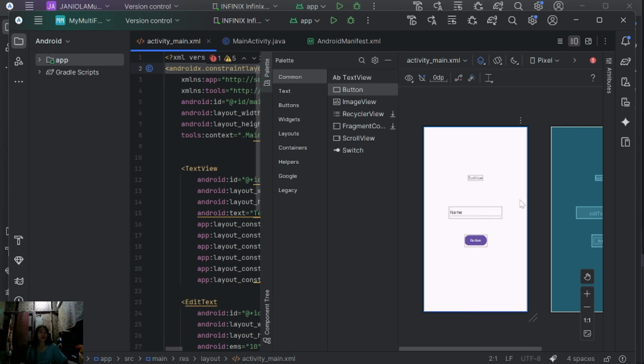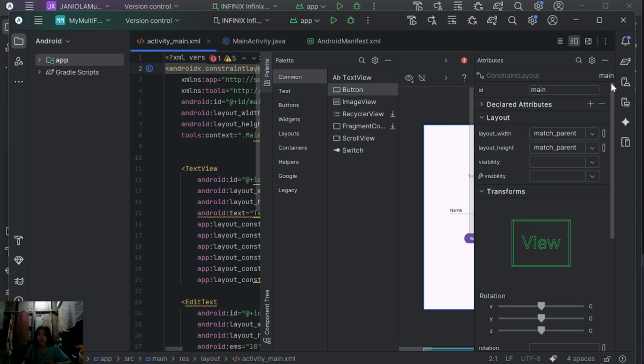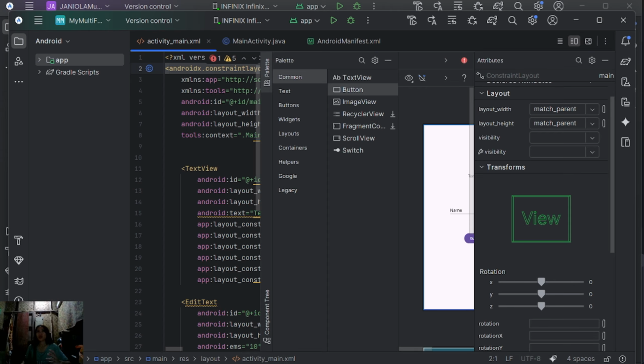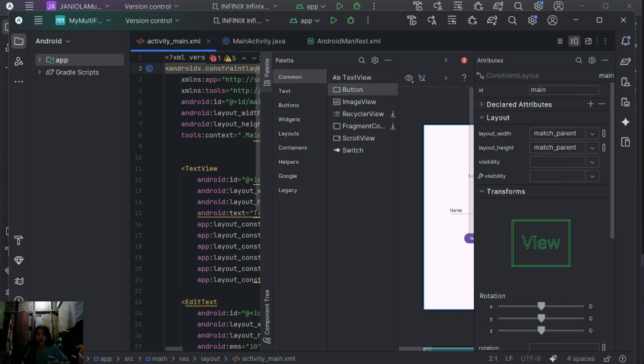So, we can adjust each element's properties in the attributes panel. For example, you can change text size, color, or constraints. This one is what we call the attributes panel.